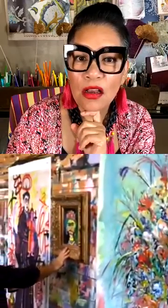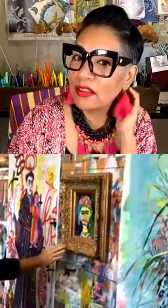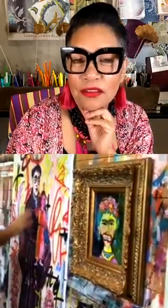A sort of more traditional botanical here. I did this with you in mind because you and I share a love of Frida Kahlo. And then this is a new ancestral series I'm working on, which is graffiti over antique photos and